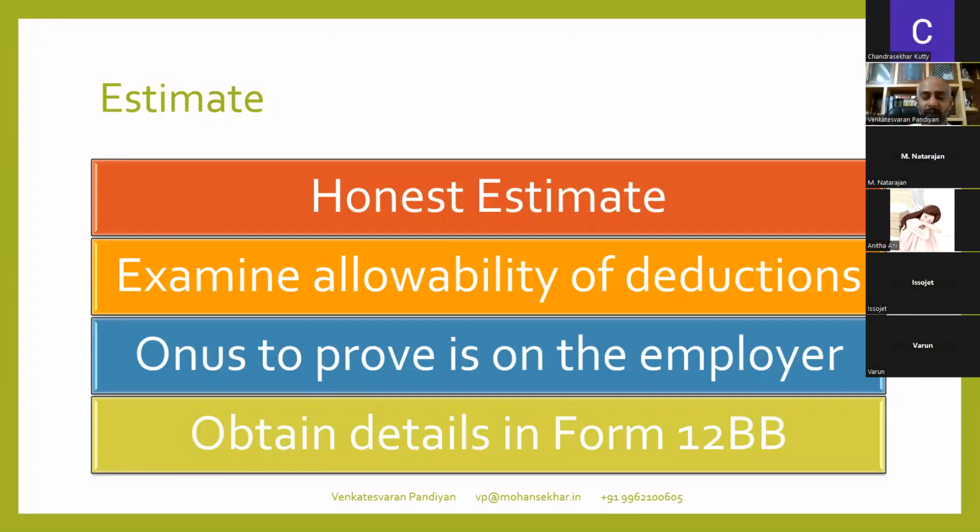Because always remember, the onus of proof is on the employer. When an assessment of tax deduction at source, TDS, happens, the assessing officer is going to see if the employer has taken all the provisions of the Act to ensure that he has collected the right amount of tax from the employee. So the employer has to prove, yes, I have done the due diligence, I have taken all precautions to ensure that this is the salary of the employee, these are the deductions, and I have taken all the documents from him.